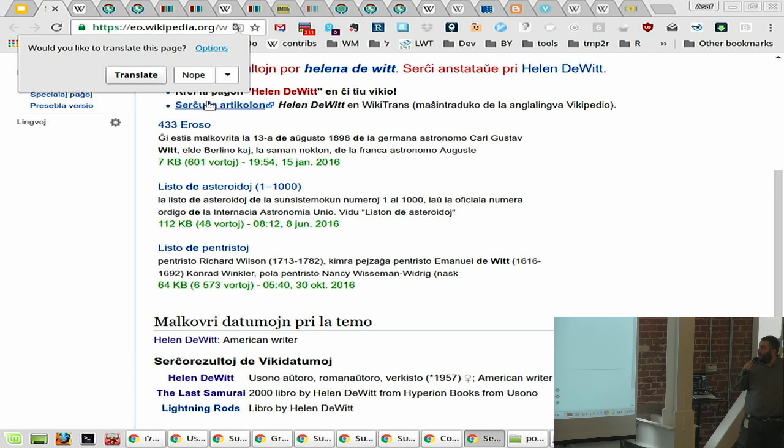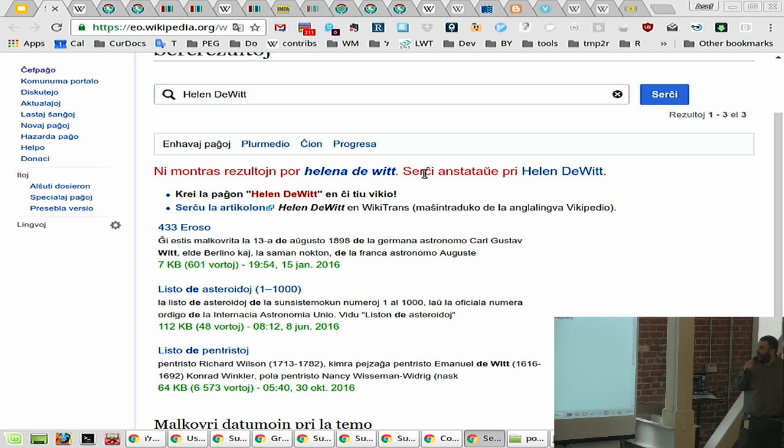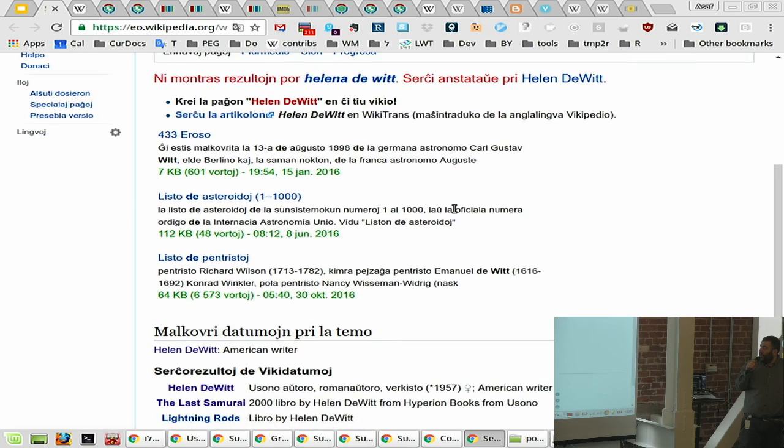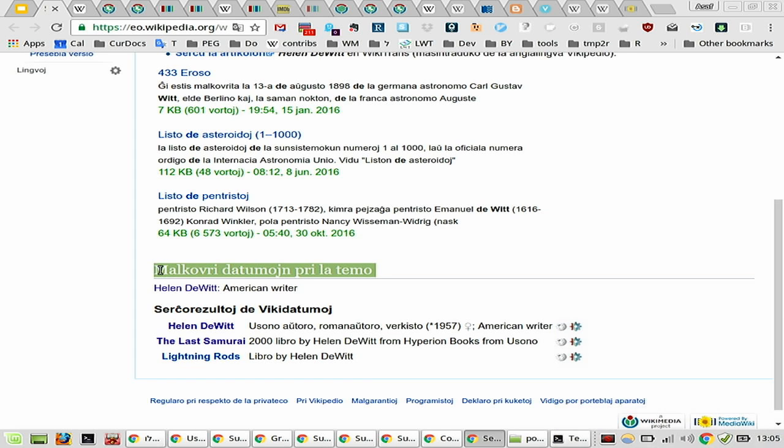I don't speak Esperanto, but let's look for Helen DeWitt, our friend, in Esperanto Wikipedia. Now, Esperanto is not one of the Wikipedias that have an article about Helen DeWitt, and so it tells me that, right? There is no Helen DeWitt. Maybe you were looking for Helena DeWitt. No, I was not. You can start an article about Helen DeWitt. You can search. There's all this stuff,